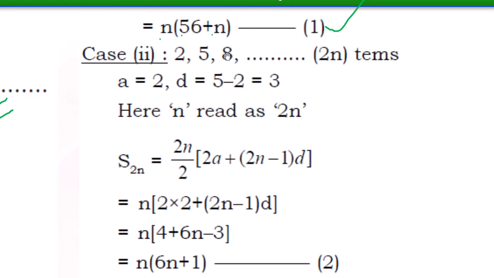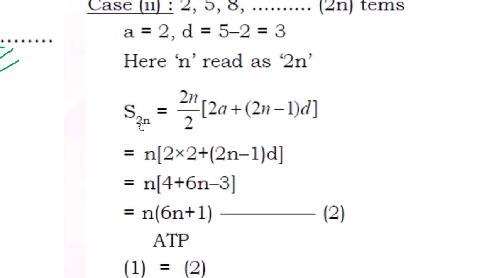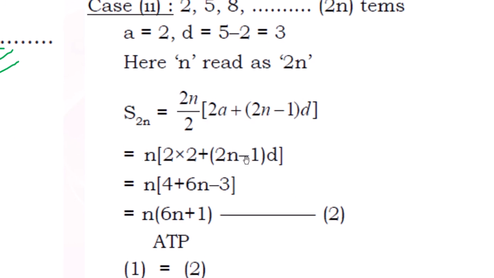And in case 2, if we take this series, a is 2n, d is 5 minus 2 equal to 3. Sum of 2n terms. In the place of n, if we take 2n, sum of 2n terms equal to S2n equal to 2n by 2 into 2a plus 2n minus 1 into d. In the place of n, we have taken 2n. So 2 gets cancelled, n. 2 into a value 2, 4, 2n minus 1 into d. So n into 4 plus,